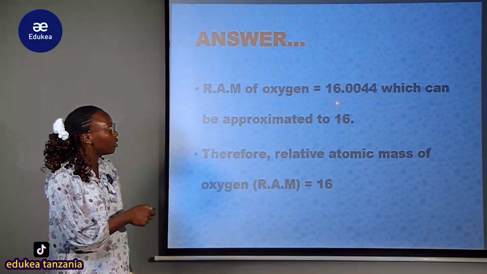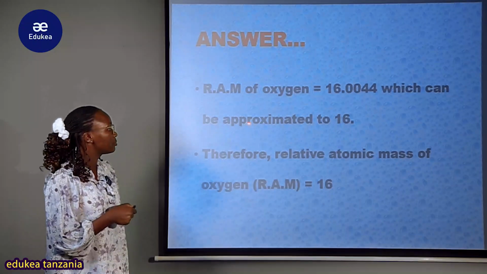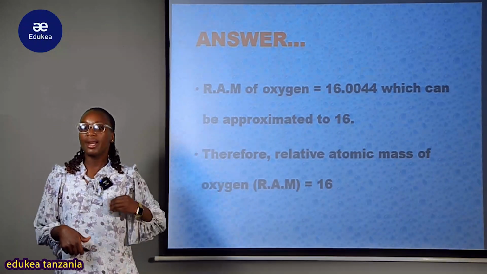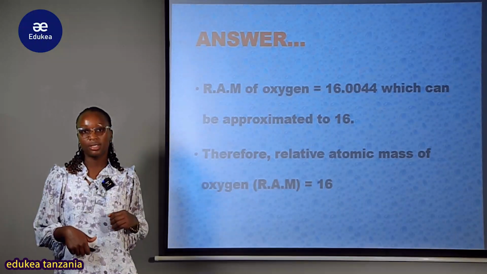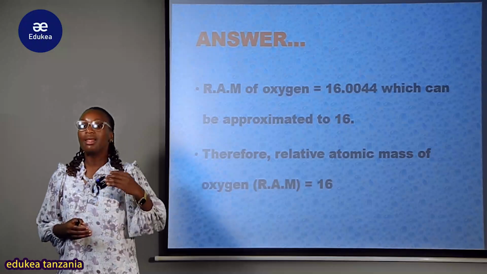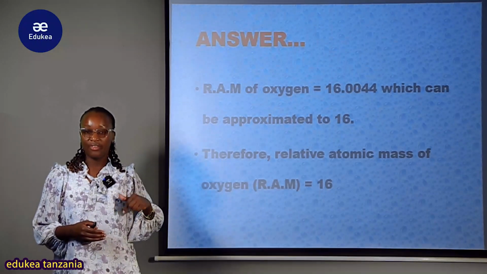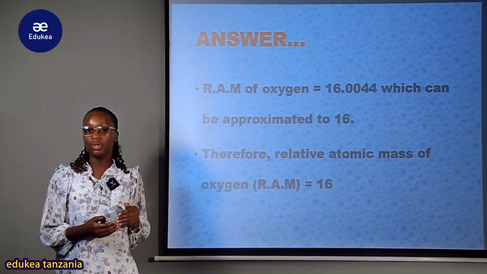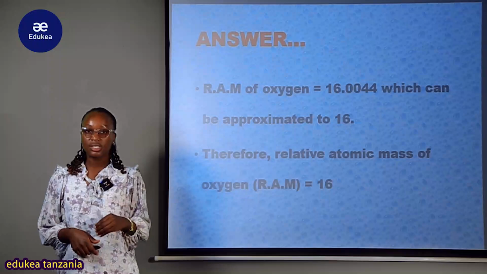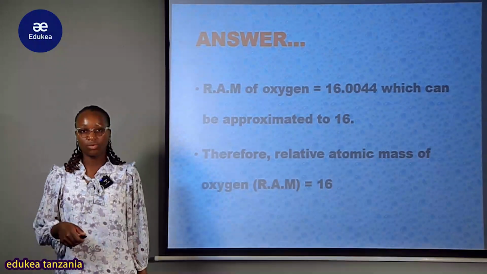So from this value 16.0044, it can be approximated to 16. And simply tunapokuja kuangalia relative atomic mass of this element ambayo ni oxygen, always inakuja kuwa ni 16. Kwa jibu lako lazima lirelay na ile origin au na ile value ya hii element ambayo inajulikana kabisa ni constant, ambayo tunajua kwamba the relative atomic mass of oxygen always is 16. Therefore inakubidi sasa unapotumia